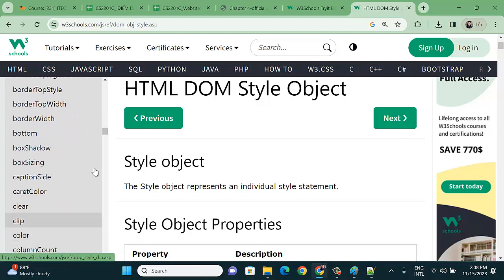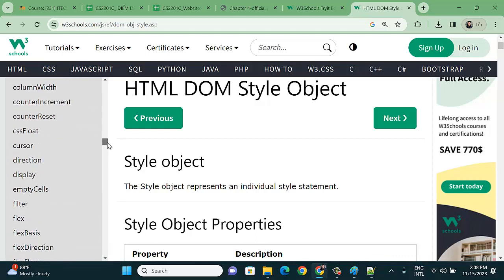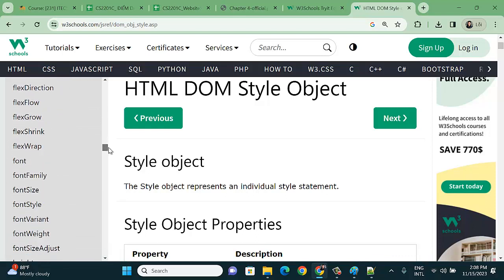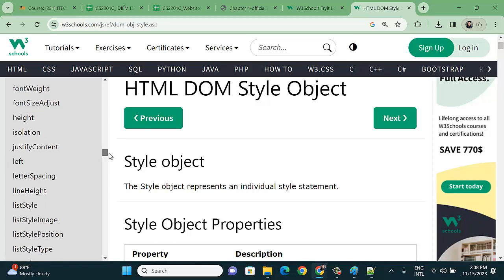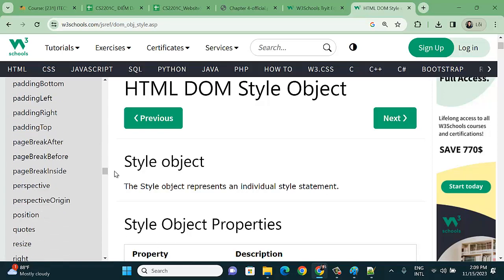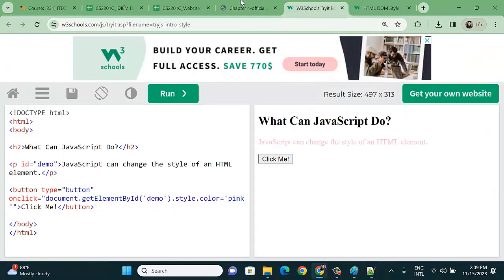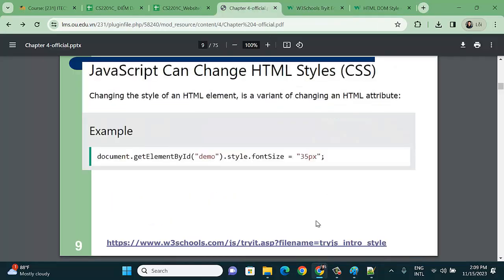Color is just one of them. It's a long list of styles, whatever you want to show. Okay, display, flex, font. So remember, if you want to change the style,